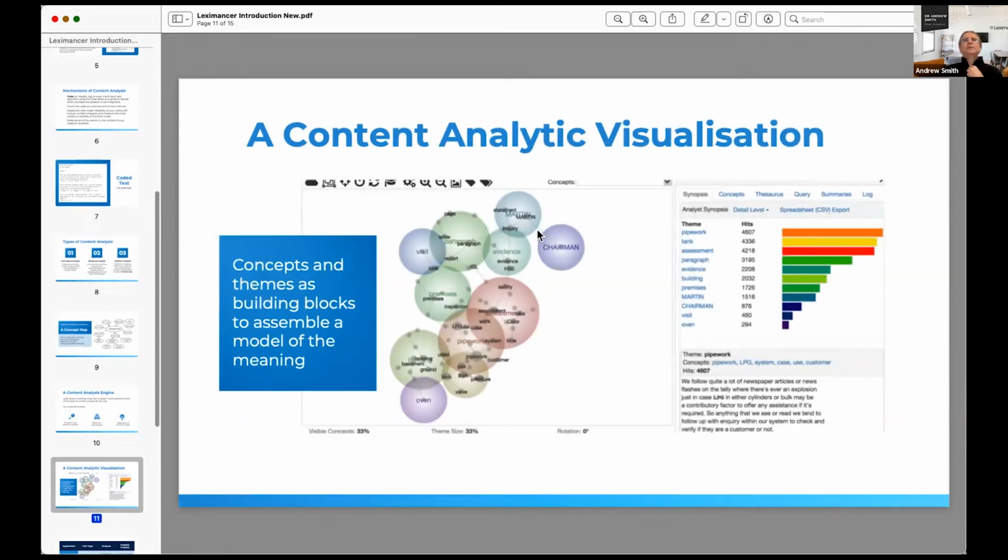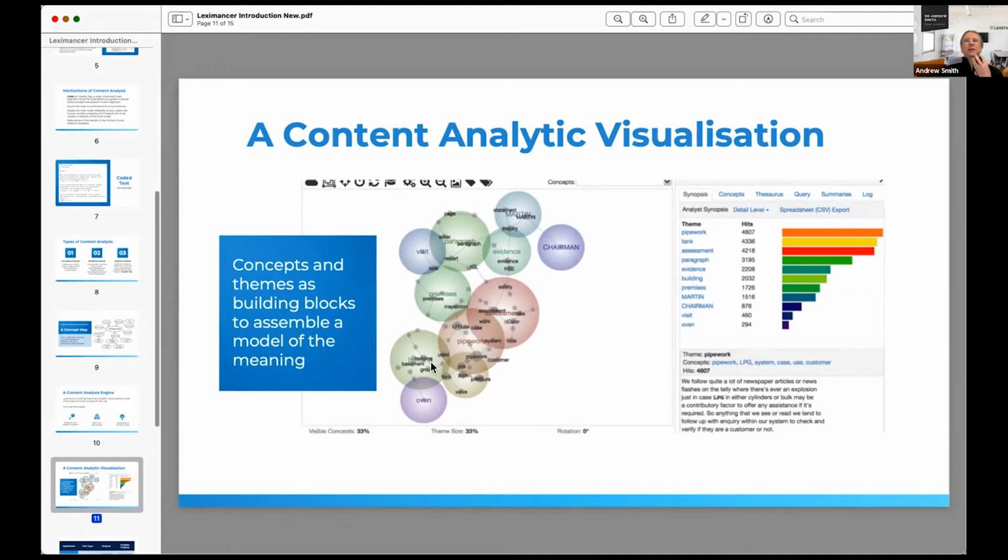So this is just a quick slide of what a Leximancer map looks like. This is that small world network, a conceptual schema of what's in the data that was discovered automatically. On the left, it should be treated more like a qualitative artifact. You wouldn't get out your ruler and start measuring these distances.